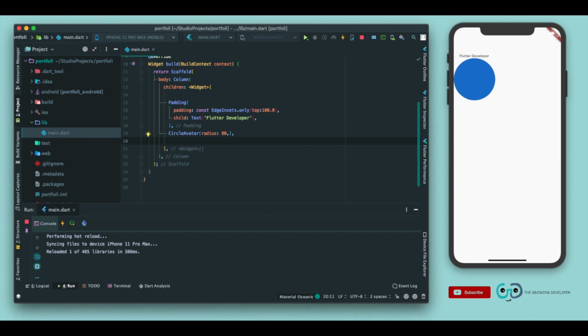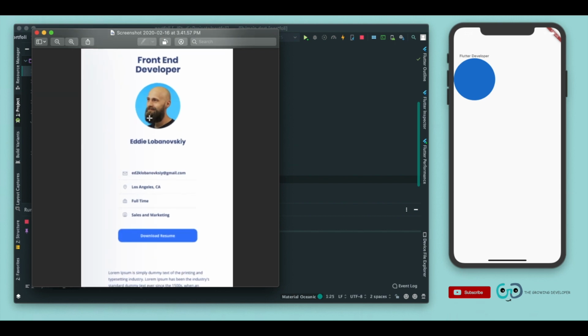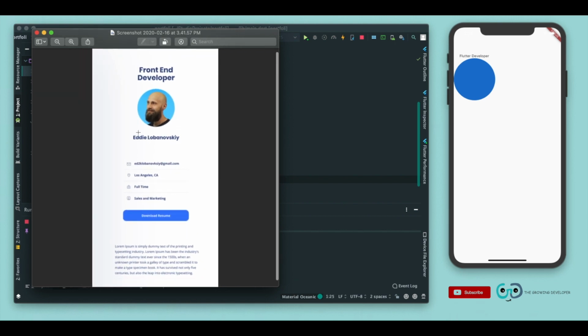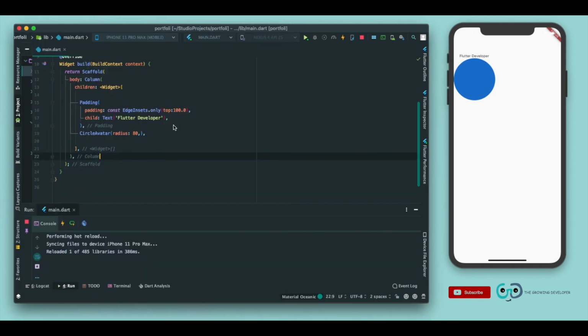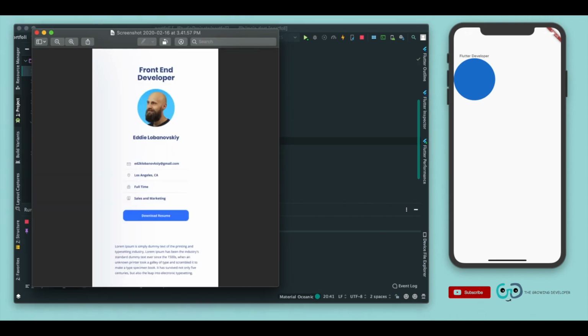After this circle avatar, we have another text. Let me just open it, and so you can see text, another text, and this is our name, right? So inside another text, a lighter name. What do you want, right? I'll write the going developer. So next, let us see what is the next thing. It is